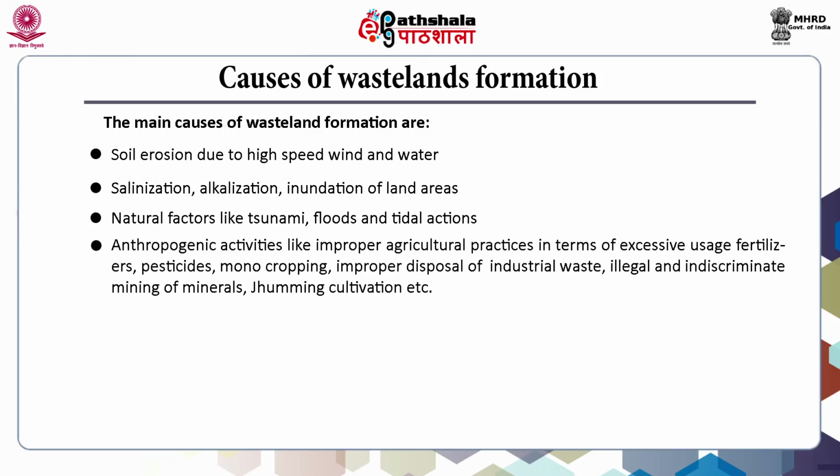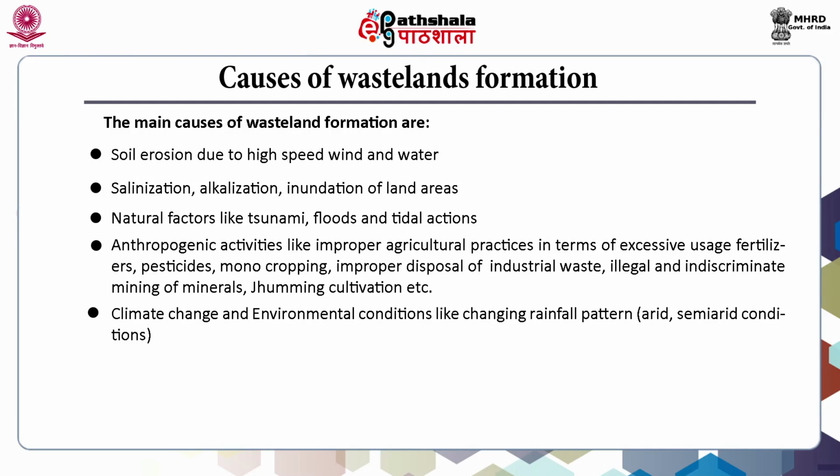Then anthropogenic activities like improper agricultural practices in terms of excessive use of fertilizers, pesticides, monocropping, improper disposal of industrial waste, illegal and indiscriminate mining of minerals, jhum cultivation, climate change and environmental conditions like changing rainfall patterns, management constraints,